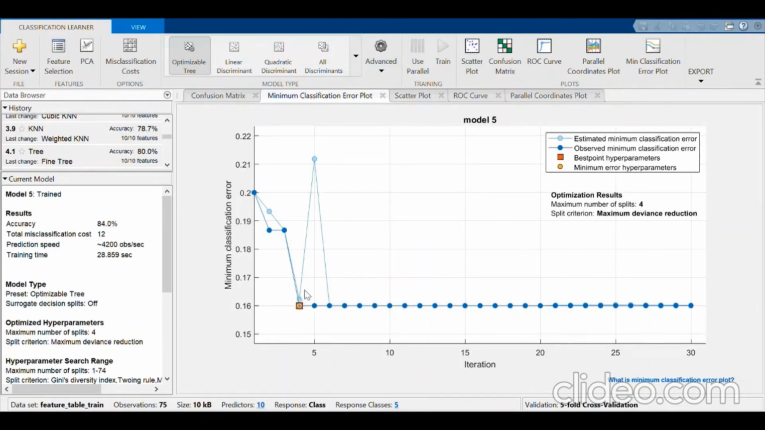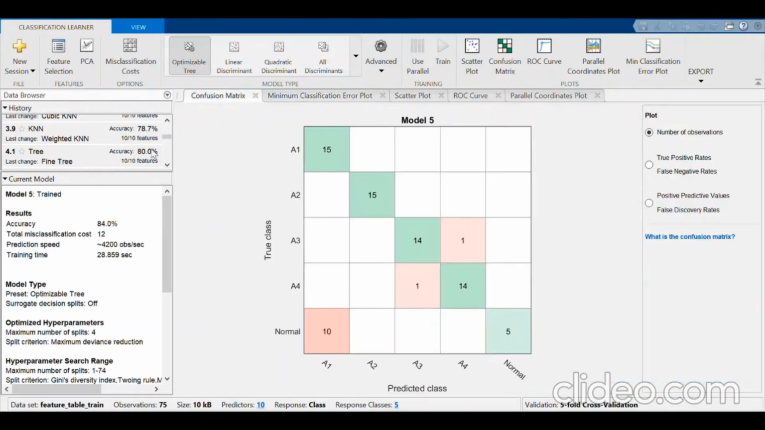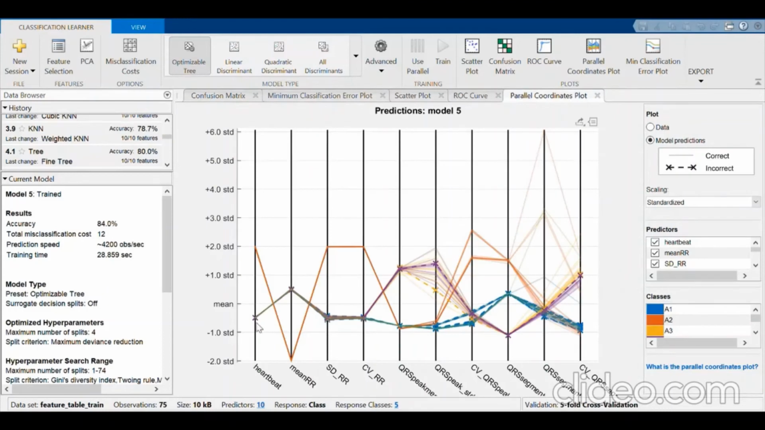You can see it here, and we did it with 84% accuracy, and it classifies all the types of signals pretty good except for the normal one and the abnormal type 1. For some reason it confused them a lot, so if we check in the parallel coordinates plot, we can see